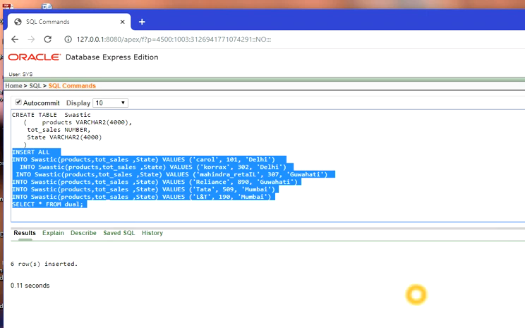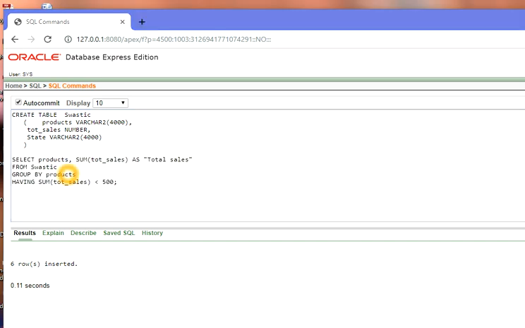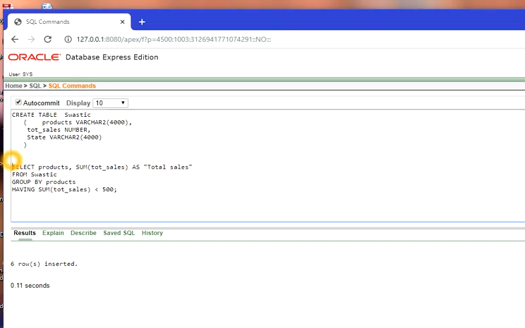Now let's execute the HAVING clause statement. First, check whether all the rows are inserted or not. For that, select all from our table, that is swastik.